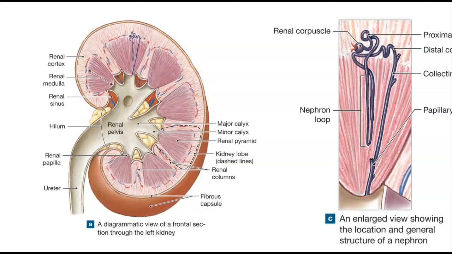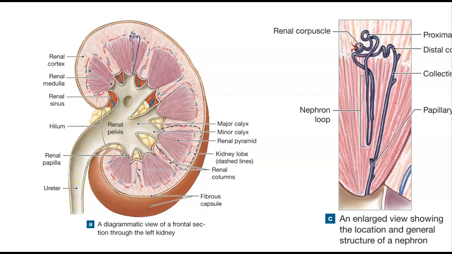And then the minor calyx will drain into the major calyx. And there's a major calyx here and here and here. And the major calyces drain into the renal pelvis. The renal pelvis drains into the ureters. Okay, so all of these drain the urine that's produced by the kidney tubules into eventually the ureters and the